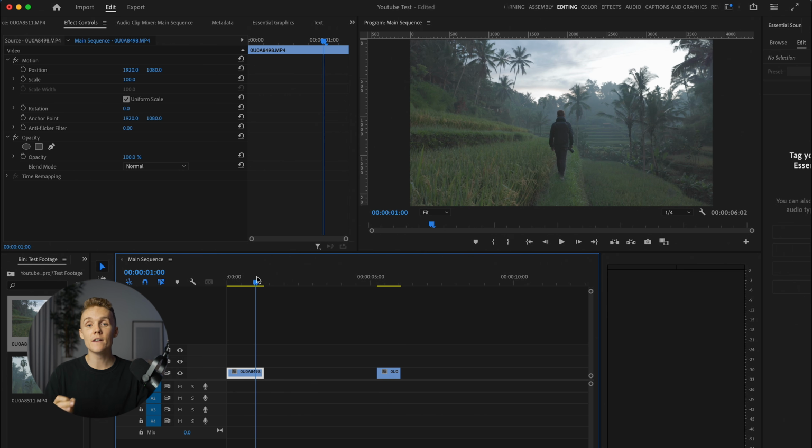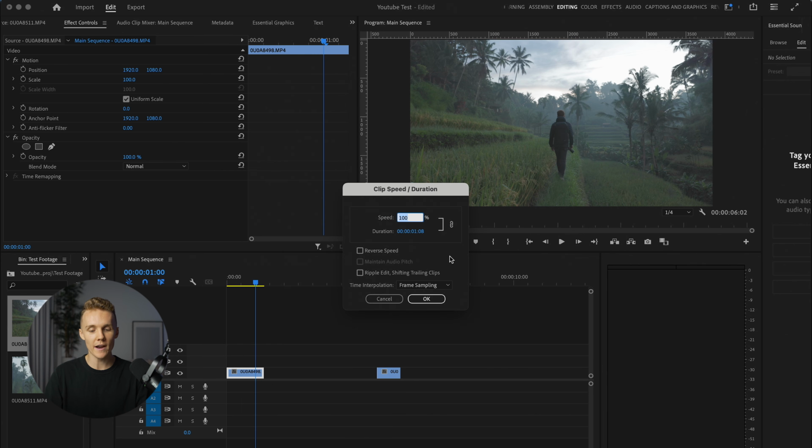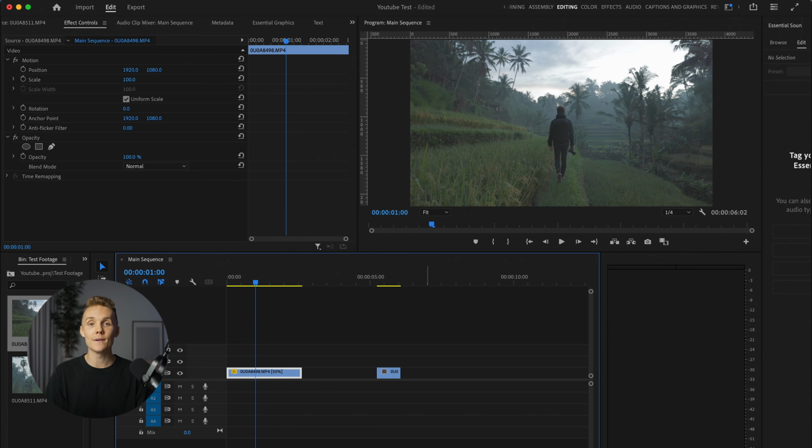Now, something that is done very, very commonly is speeding up footage or slowing down footage, and this is super simple to do. So all of this footage here that I'm dragging onto the timeline, our 25 FPS timeline, was shot in 50 frames per second. So let's say we wanted to slow that down to half speed, so it still looks smooth and nice, but we get that beautiful slow motion goodness. We first want to right click on our footage here and then just go to speed/duration. Now here I can just type in 50% because I know I shot it at 50 frames per second, so I'm slowing it down by half, and just like this, I can hit enter,